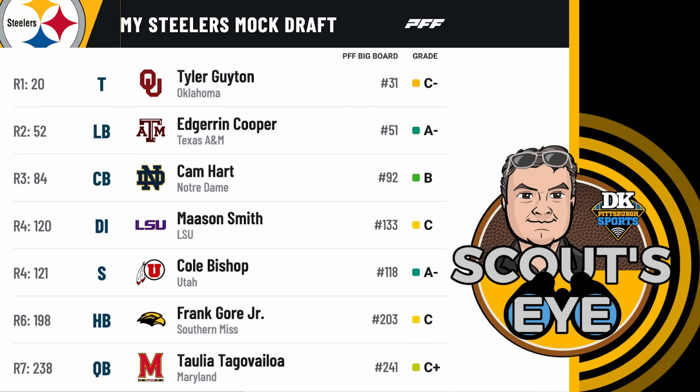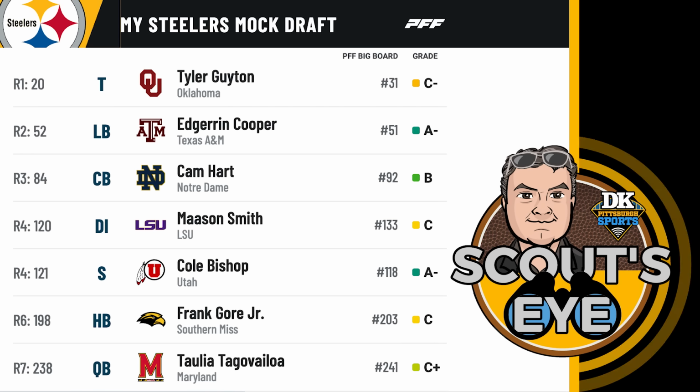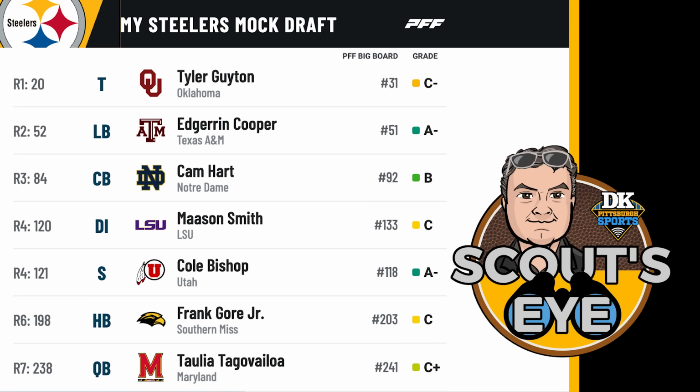But then we get 2 edge guys that fall, Verse and Turner, to Seattle and Jacksonville. Jackson Powers-Johnson goes, so maybe we made the right call signing a center. I love the player. You'll hate hearing this. He ends up going to Cincinnati. And then